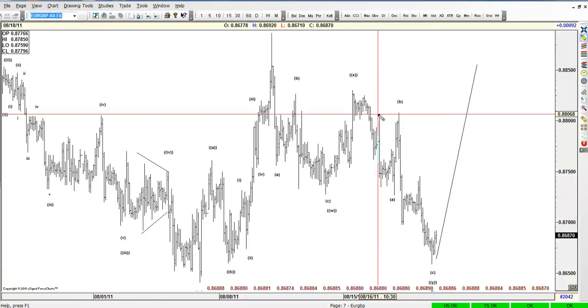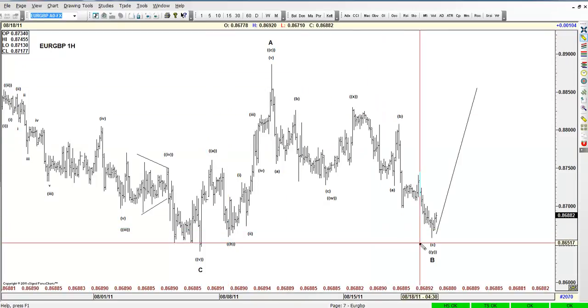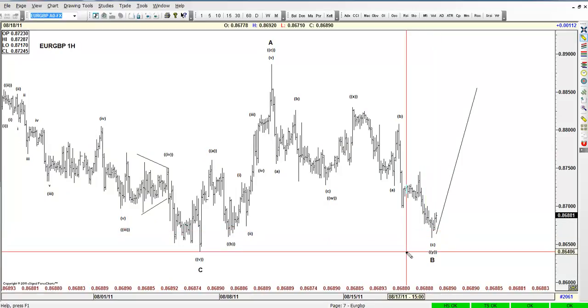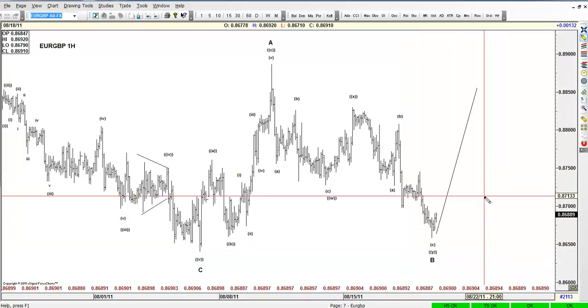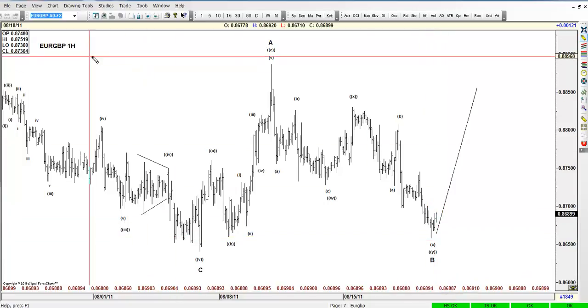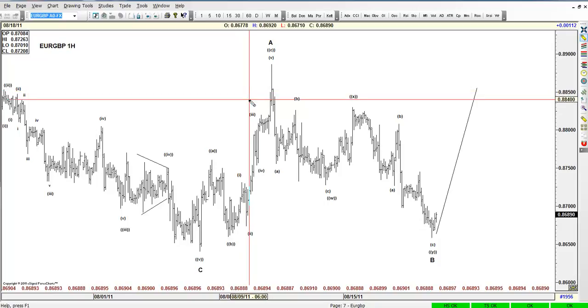And finally, let me cover 2 pairs. The euro pound. As you guys knew, we like the scenario that the euro pound is in a triangle, and it was doing a flat B right here. It's testing the low pretty good right here. It's pretty close to the lows. I mean, we're about 50 pips away from the lows. So I like it from around 86.73, like I mentioned. So let's see how it holds. But it's getting pretty close. So what this is telling me is that maybe the pound is going to get weaker than the euro if both get weaker against the dollar. So keep that in mind, guys.